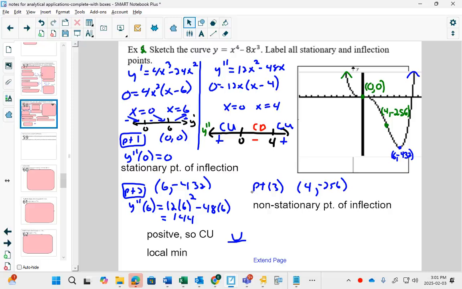I'm going to point out some things that you could also use from grade 12 in this one. I want to point out that you could have factored an x cubed out of the original to give you x cubed times (x minus 8). Can you see that if I did that, I would have gotten,